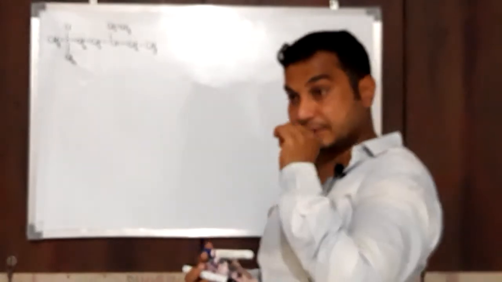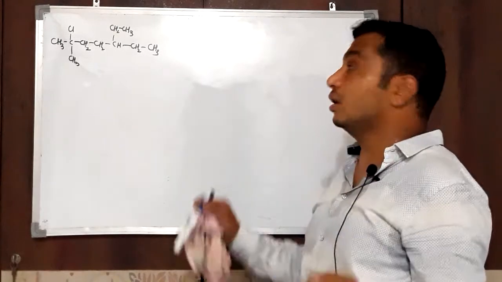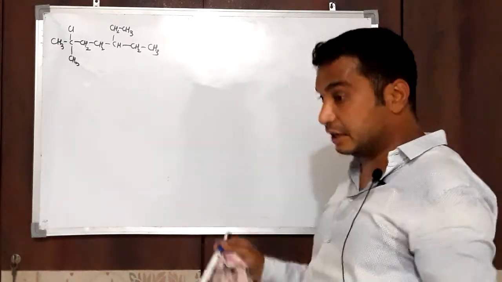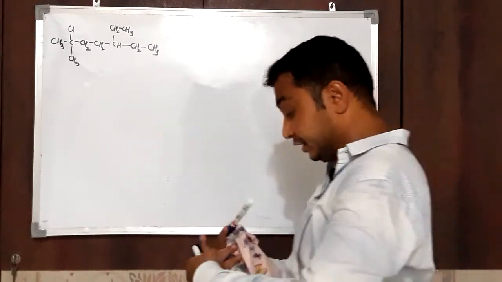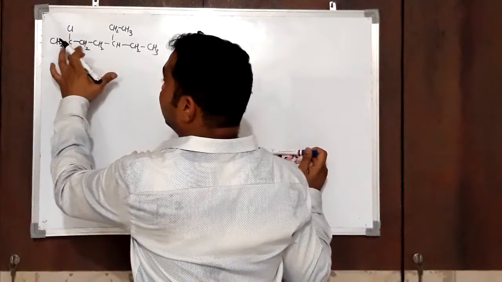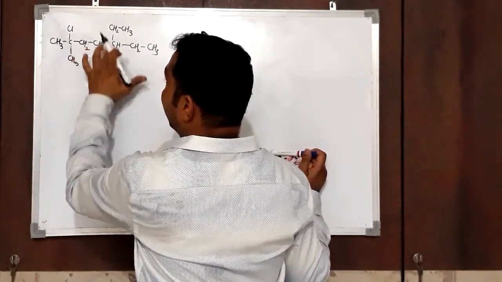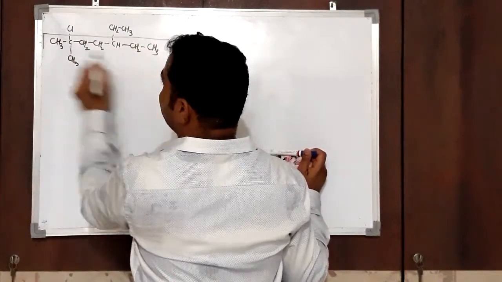See this. In this compound, chlorine is present. It is a halogen derivative. Now, same rule. Select the longest chain of carbon atoms, that chain which contains the halogen atom as well as the maximum number of substituents. Now, select it. 1, 2, 3, 4, 5, 6, 7. 1, 2, 3, 4, 5, 6, 7. So, both the longest chain contains carbon atoms. So, select this.